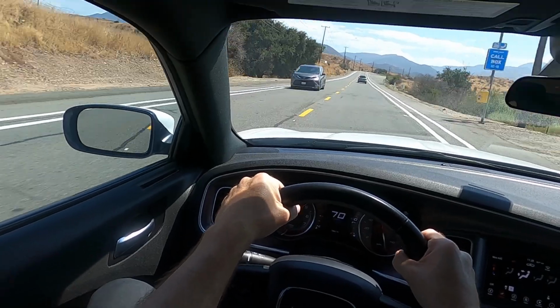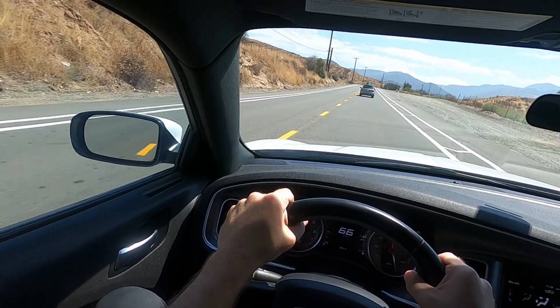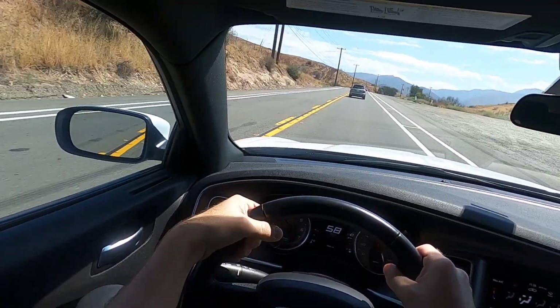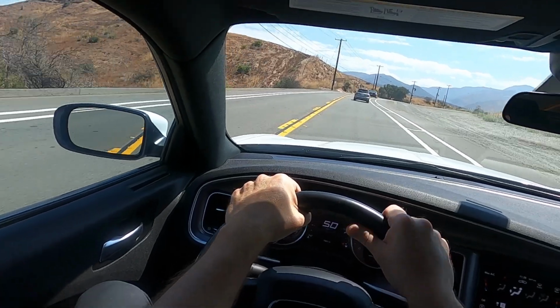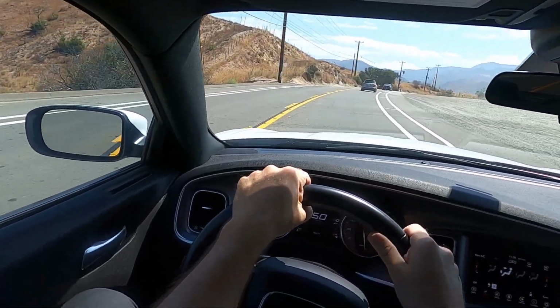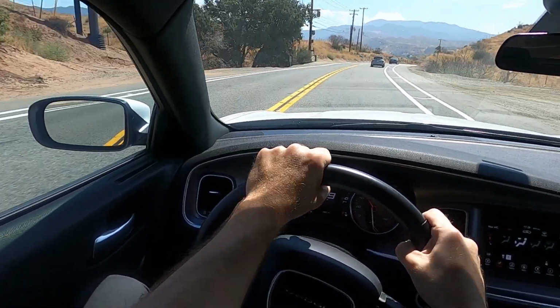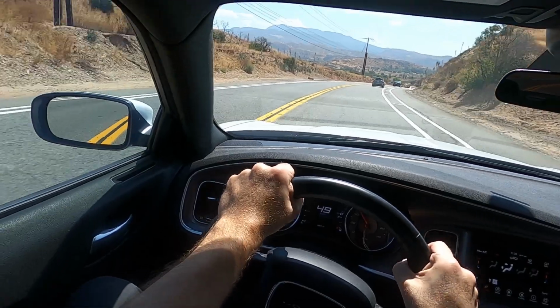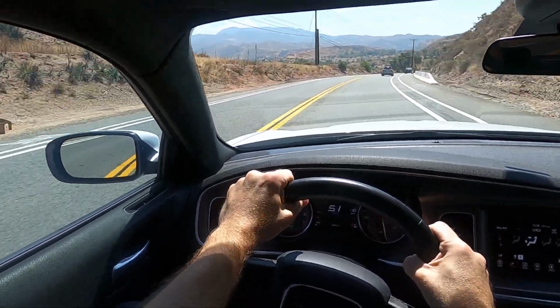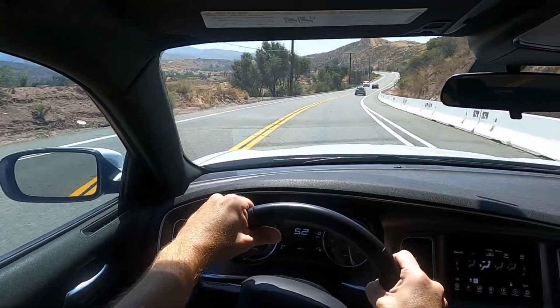Again, this is the base V6, and I've always found the acceleration on the V6 Chargers and 300s to be fine. On the earlier ones, you had to get the 3.5 liter. They used to have a base 2.7 liter as an optional engine. That probably didn't quite have enough power, but if you had the 3.5, it was okay. And then when they updated it to the 3.6 liter Pentastar engine, which this car has,